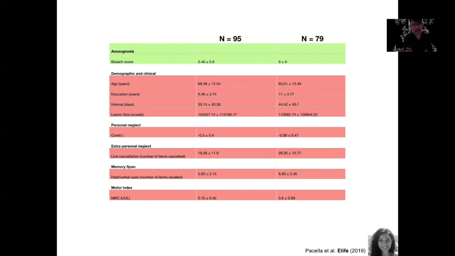will be the anatomical basis of this knowledge of your own body by studying patients with anosognosia for hemiplegia in opposition to patients without anosognosia for hemiplegia. So there were 95 patients against 79. And we did this comparison